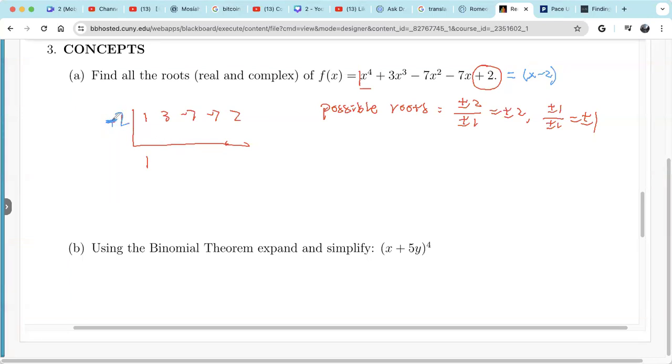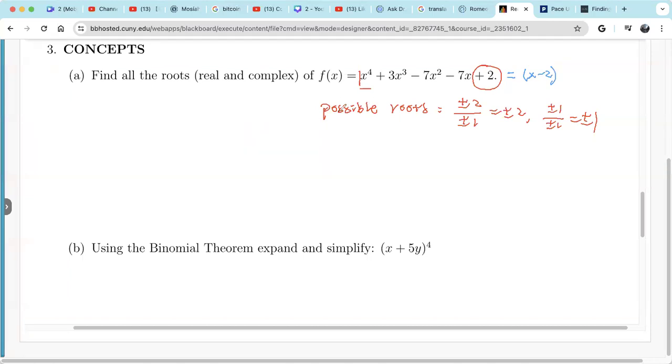So -2, so this is negative now. -2 times 1, -2. Add together, 1. So -2. Add together, -9. Positive 18. Add together, positive 11. Too big. So -2 is not. All right. So I have tried all possible. So now,